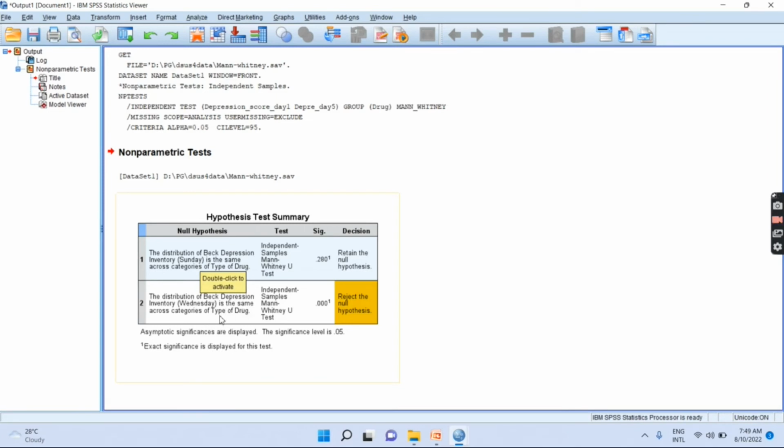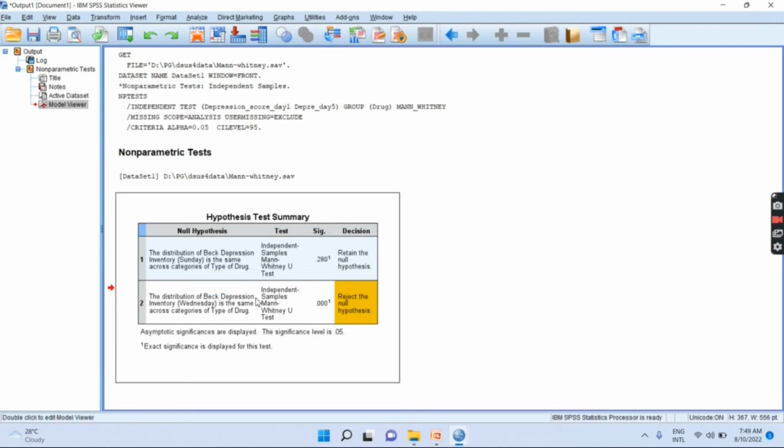The question is whether it is the same across categories of type of drug, by independent samples Mann-Whitney U. The first one is retain the null hypothesis, meaning there is no difference, and the second group, the fifth day group, is having reject the null hypothesis,